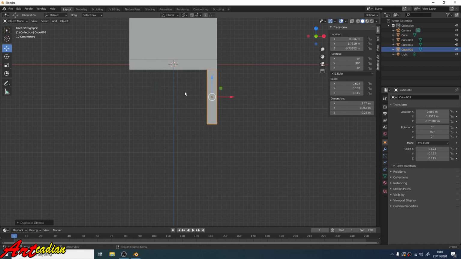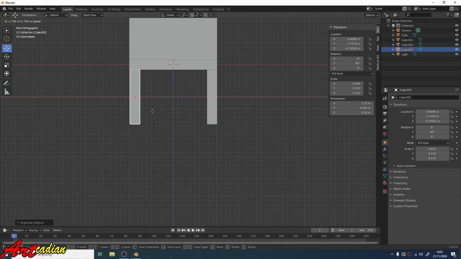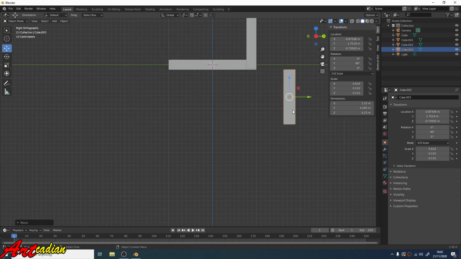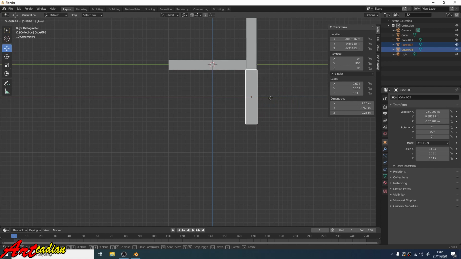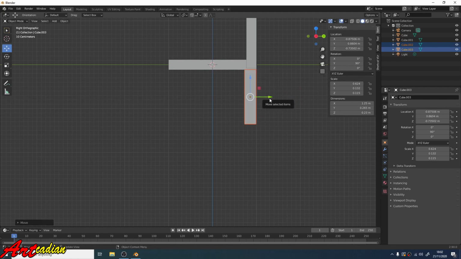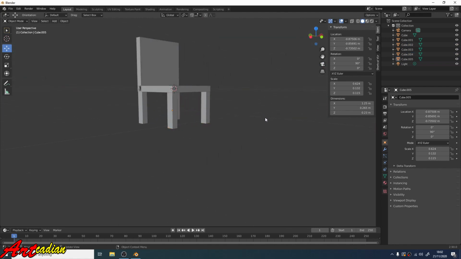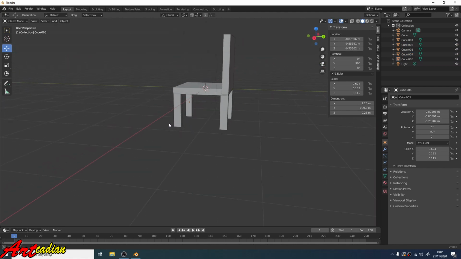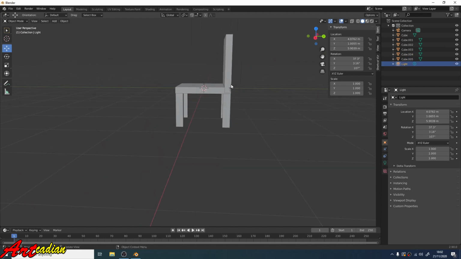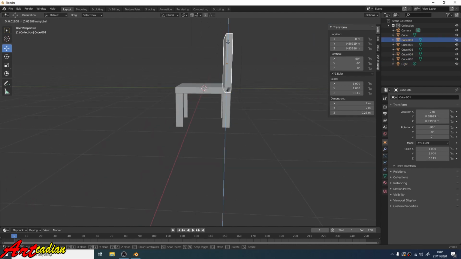Shift D to duplicate the chair leg and drag it into position like this. Then slide and position the chair legs. Shift D to duplicate the chair leg and drag it into position like this. This method is not wrong, but I do not recommend it because it is too complicated. The second way is much simpler.